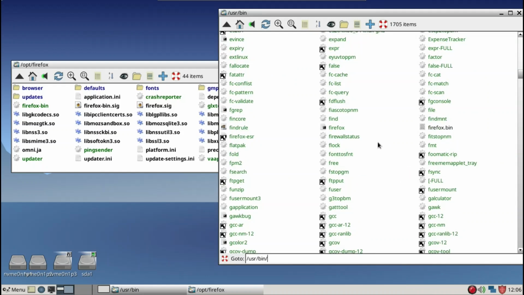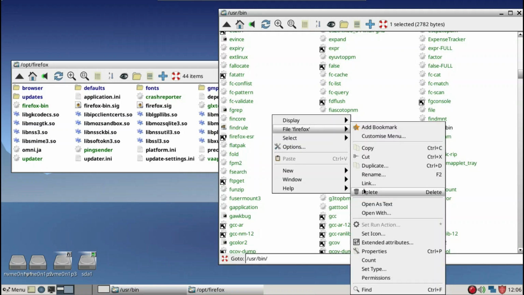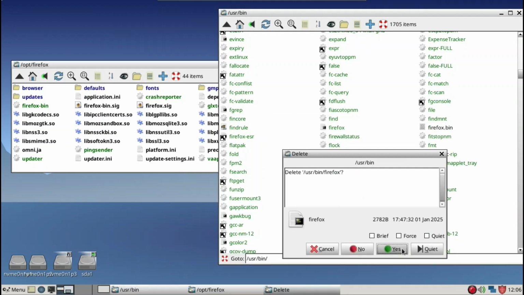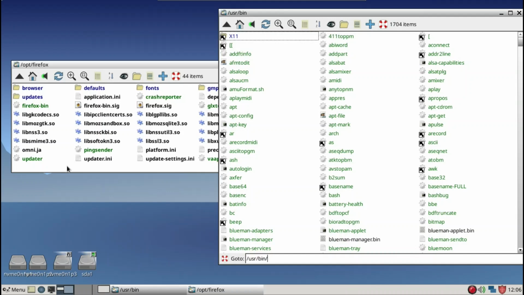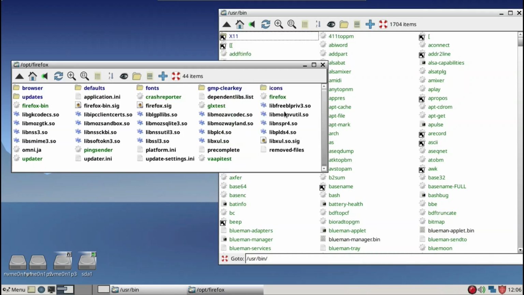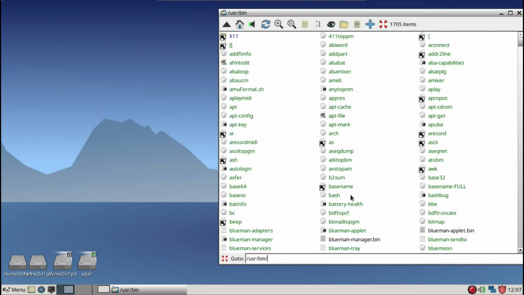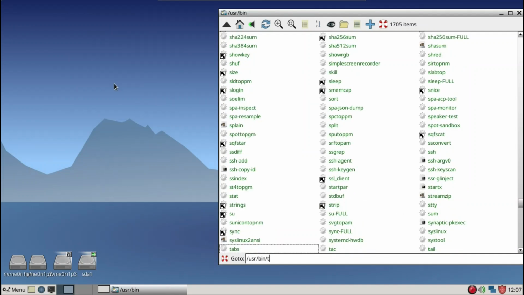So we'll go to here, Firefox. We're going to right click and then delete, and then OK. And then what you want to do, once you find out this works, is drag this Firefox here, and then I would just go ahead and link it relative. That way, when you just give it a terminal command of Firefox,